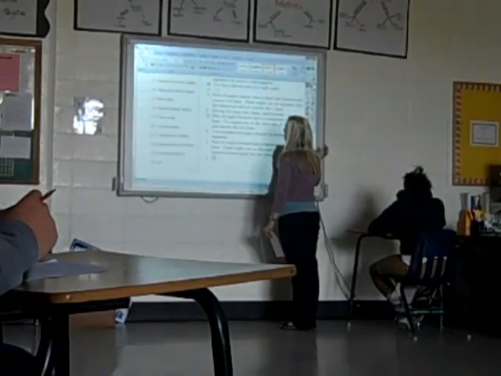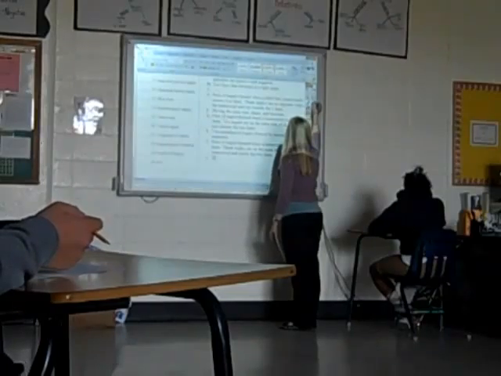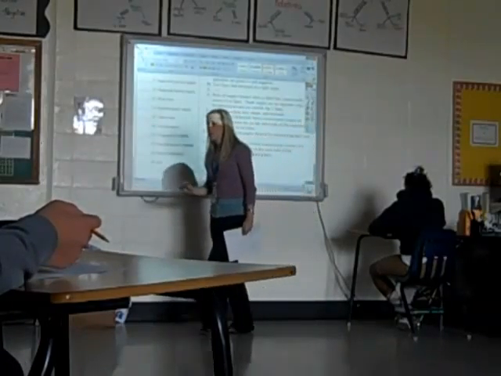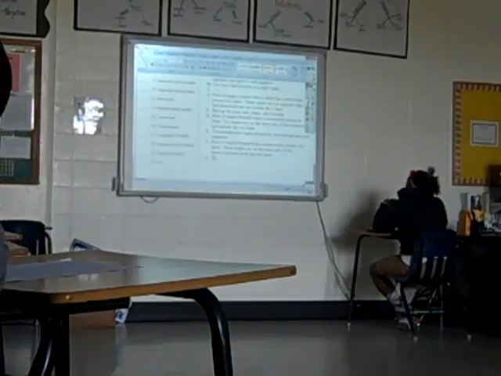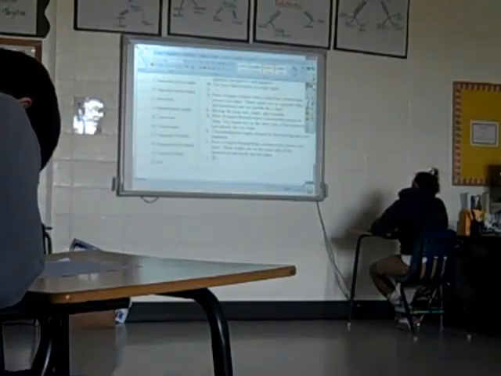Alright, number 11. Same side exterior angles. What are some keywords there? Same side. Same side, so we're looking for angles that are